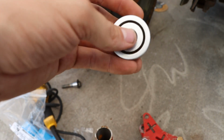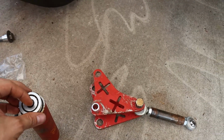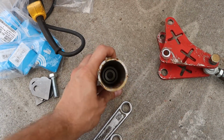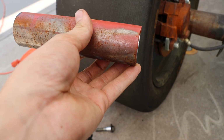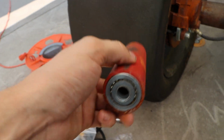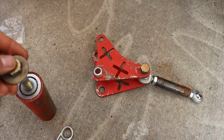This is a 1/2 inch hole and a 1.5 inch outer diameter. So basically the idea is that it slides in there with zero to no play. There is a new mount, a new pickup point, that will be welded to that junk, and then this will fit. Like I said, I'm probably gonna botch this a little because it's gonna fall, but